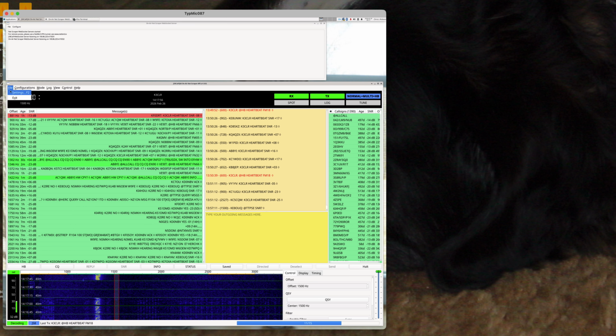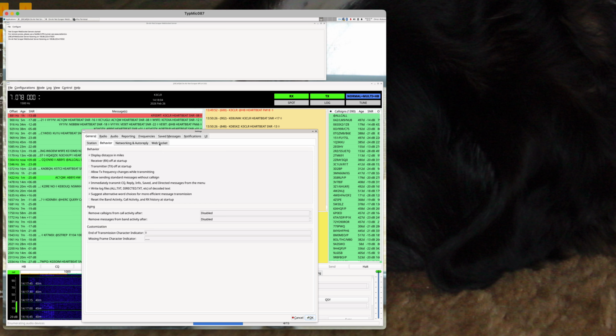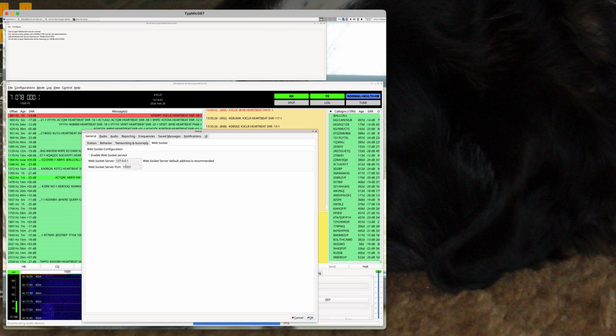So let's take a look at that and see what I'm talking about. You go to File, Setting, and you want to go over here to WebSocket. Under the WebSocket interface, you've got the Enable button, the WebSocket server IP address, and the port number. This WebSocket server is the headless software running here. And so we want to make sure that this address 127, which is simply the default that I put in there, is changed to match